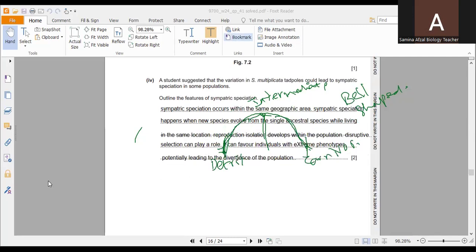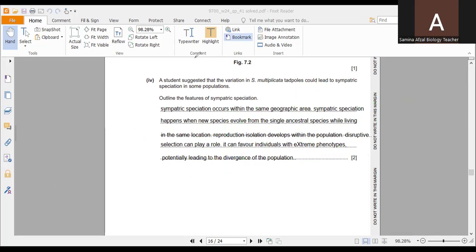Next question is, a student suggested the variations in S. multiplicata tadpoles could lead to sympatric speciation in some populations. Outline the features of sympatric speciation. So first of all, what is sympatric speciation? So sympatric speciation is the evolution of new species